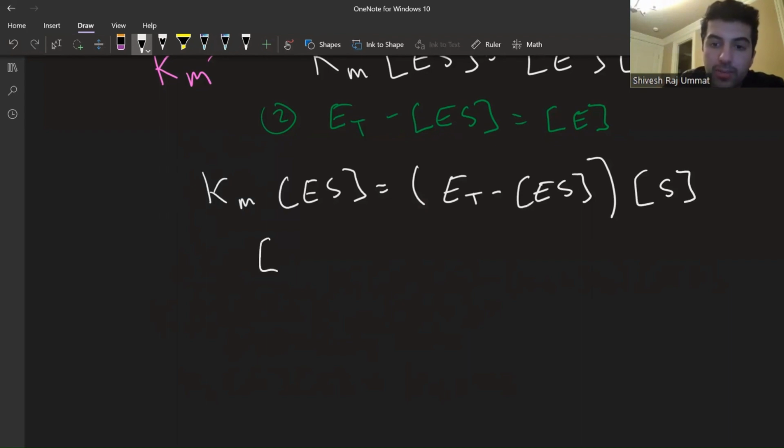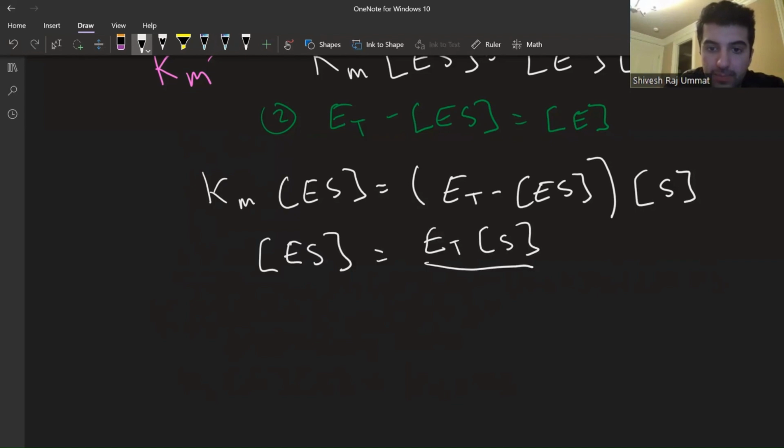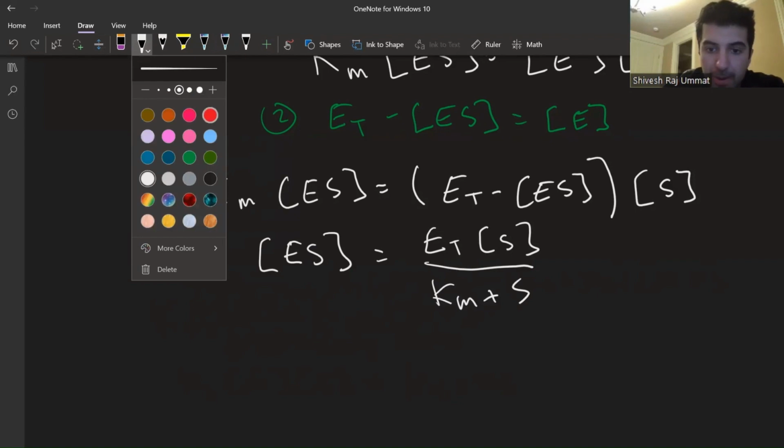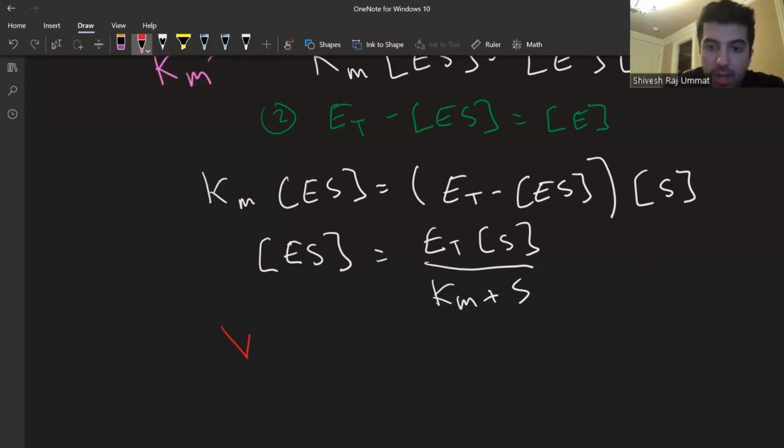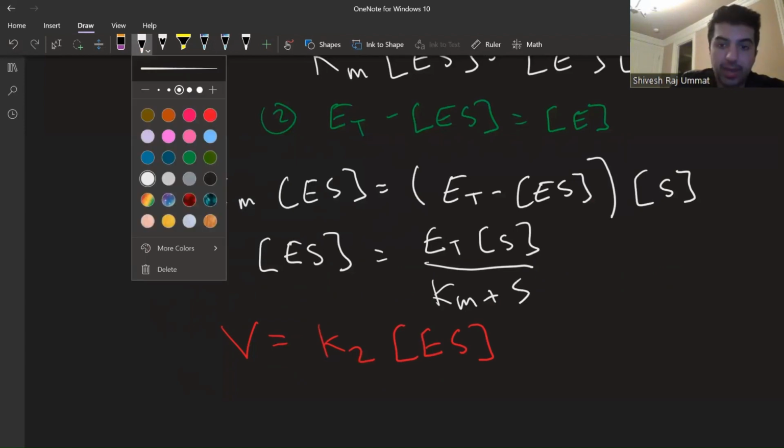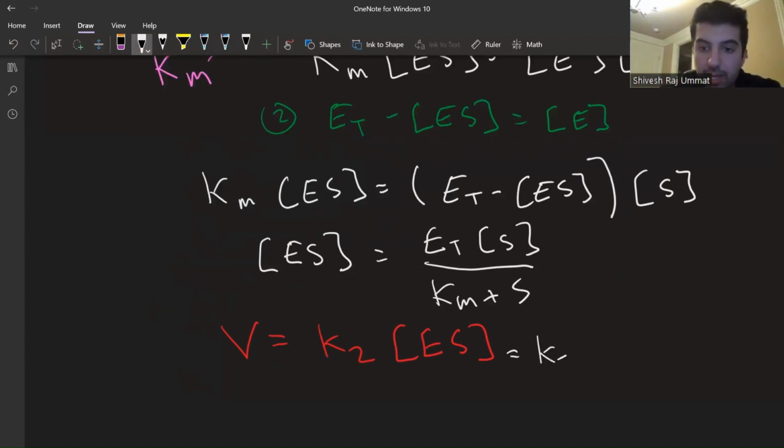And now we're going to be able to simplify this and solve for our enzyme substrate concentration. Now you could do this in a few steps, but for simplicity, I'm going to write it out here. So once we group all the terms and simplify, we have that our enzyme substrate concentration is our E total times our substrate concentration over Km plus our substrate concentration. Okay, perfect. So now the final part is that we just have to pull back our velocity equation, okay, and plug it in now that we've solved for the concentration of ES. So we plug it all in